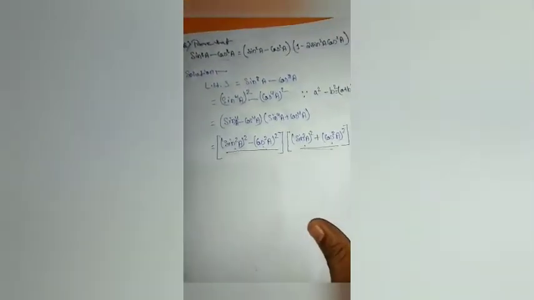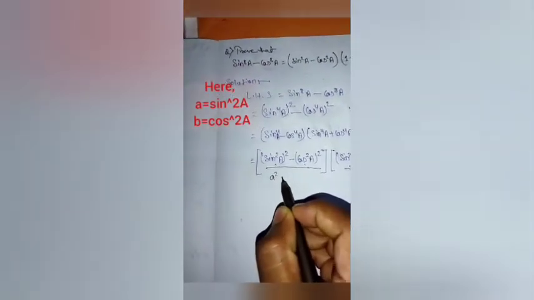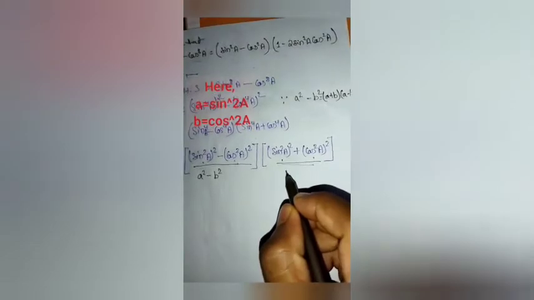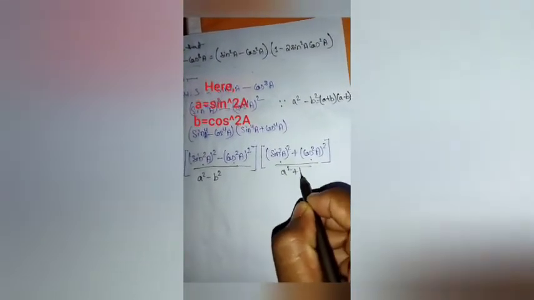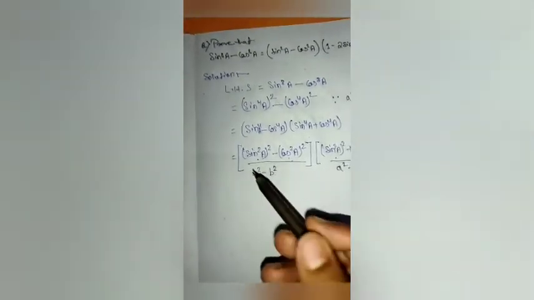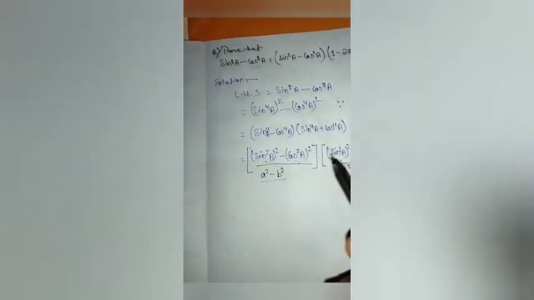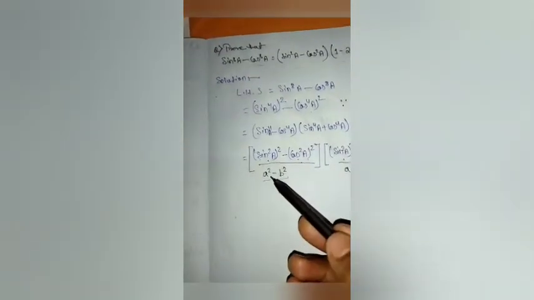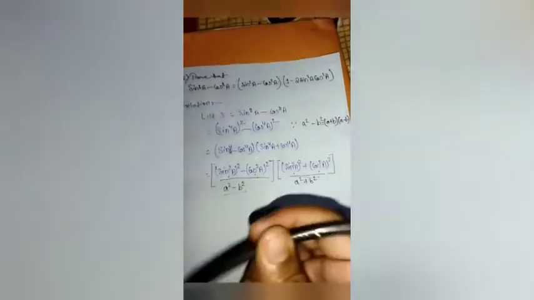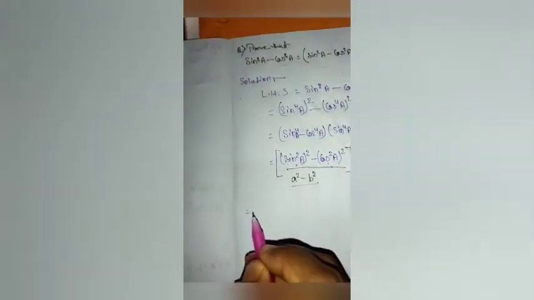So let's write over here. It will be easy for us. And it is a square plus b square. Okay. So we're going to break this portion according to this formula. So we all know that a square minus b square is equal to a plus b into a minus b. So we're going to break that according to the formula.